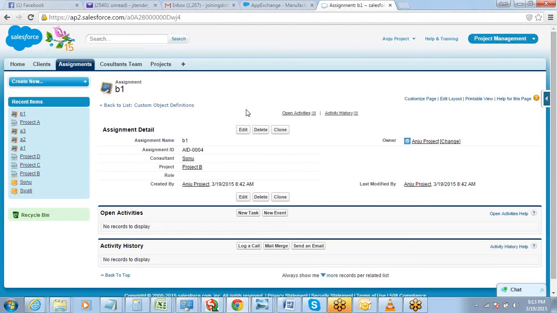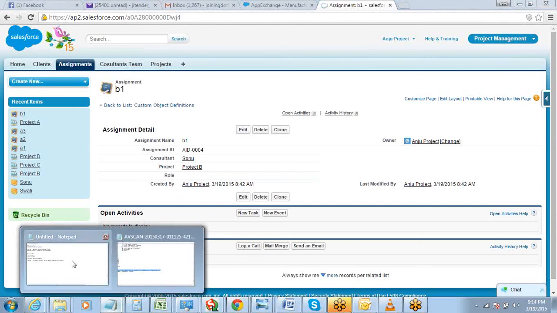Now if Sridhar applies for a Java developer job, then that becomes an application, right? So this third object holds all the information, all the relationships. This concept is called the junction object concept. You don't have to do anything special for a junction object.